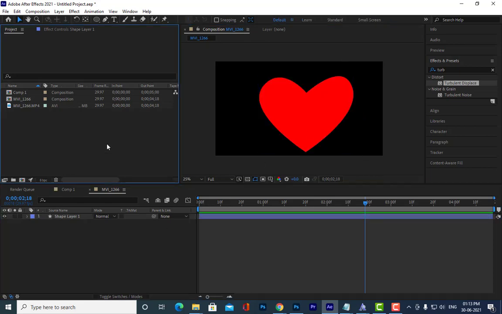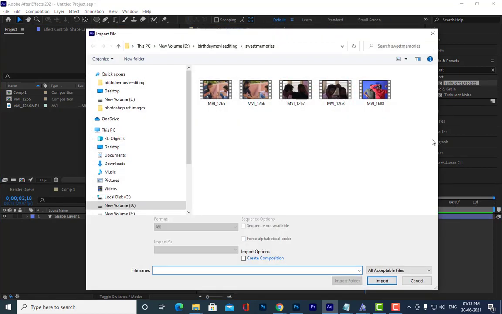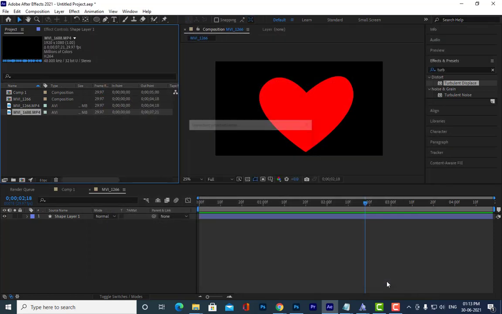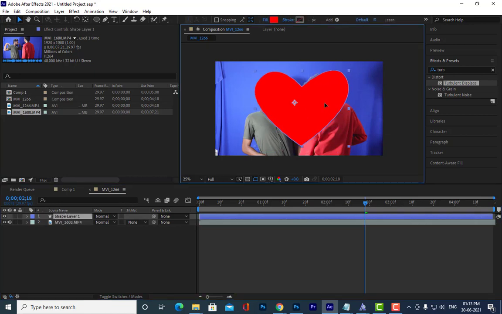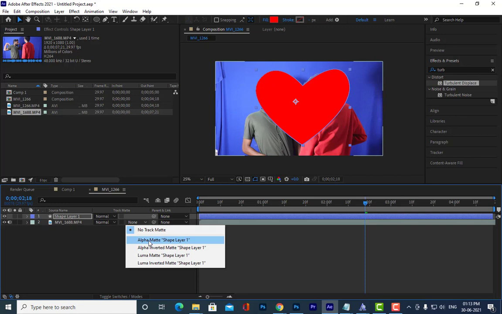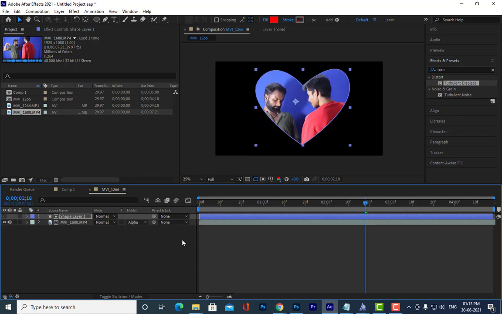So normally you can do like this and we'll get this one. You just keep it here, and then tell me what should we do? Yes, sir. See, here you can see this option, track matte. Just use this alpha matte shape layer one like this.